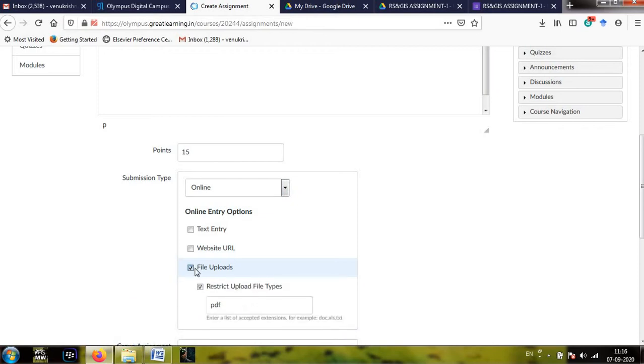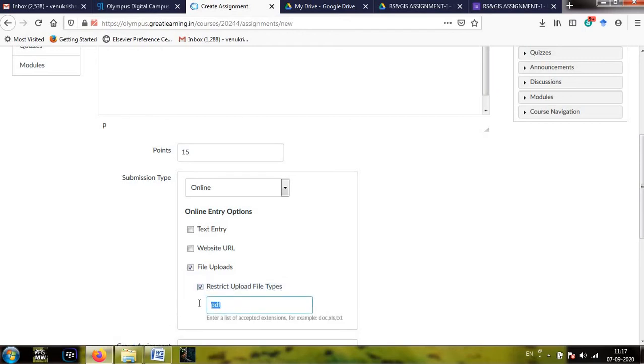Click on the checkbox here, and if you need to restrict students to upload a particular type of file like PDF, Word, Excel or text, you need to give the particular format here. I want students to only upload PDF files, so I am restricting them by clicking on the checkbox, restrict upload file types.